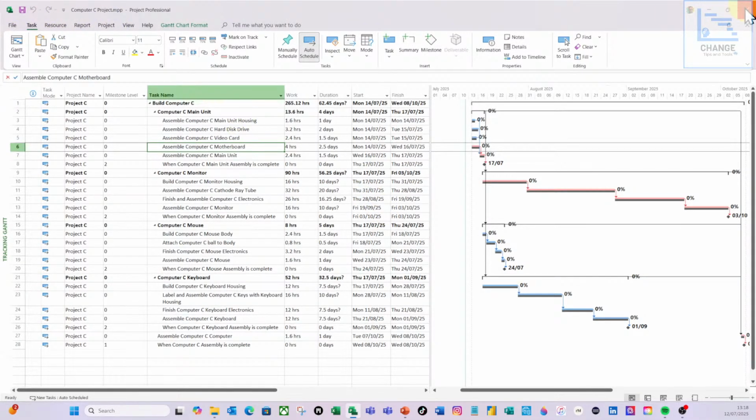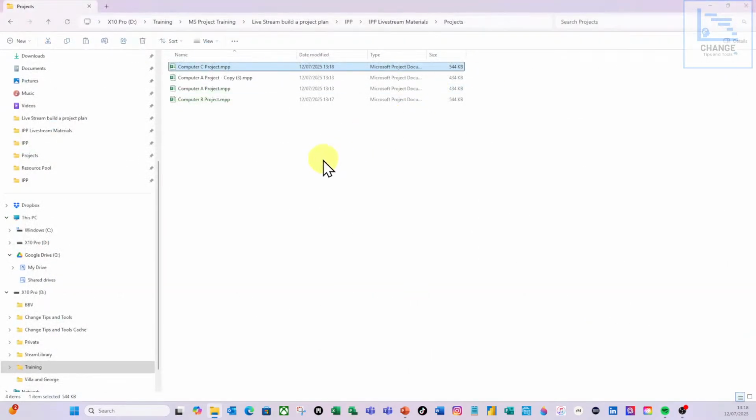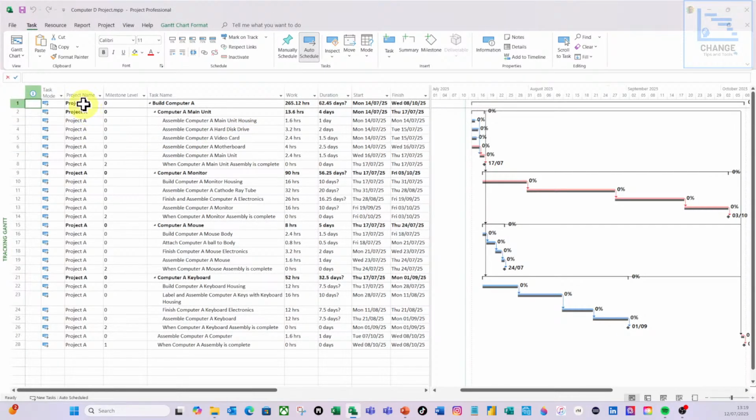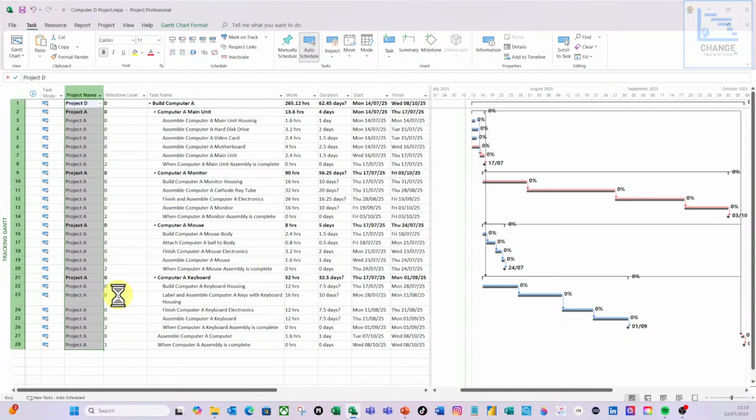Right, got the last one, which is the D project. I'm going to close that down. So here's the last one. So we've got A, B, C, and this one will be D. Let's rename it. Return, let's open that up and make the changes like we've done before. So again, this is going to be D. I'm going to do Shift, Control key, the down arrow, then Control D to just paste that down, and then